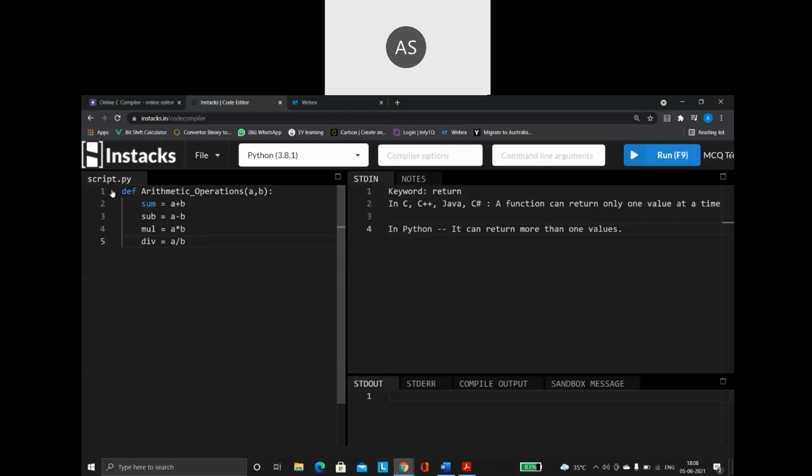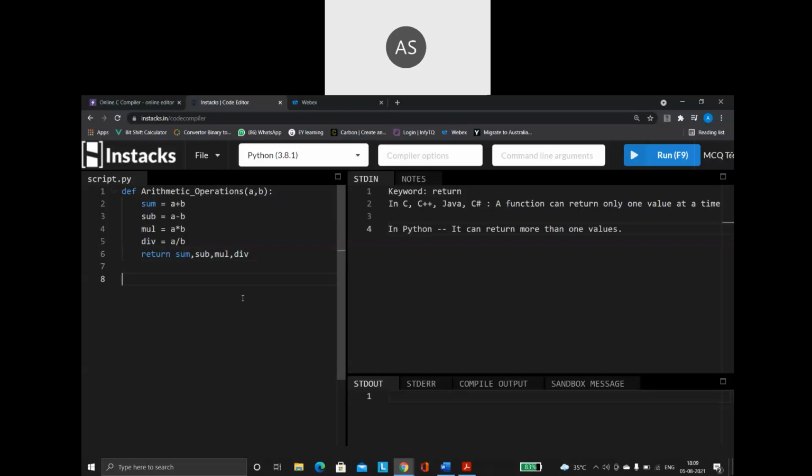So I'm actually doing four different kinds of operation within this program. Now see what I'm doing. I am saying return sum, comma, sub, comma, mul, comma, div. So I am returning multiple values back to the main function, not just one single value but four different values.